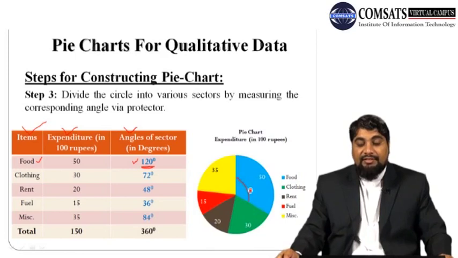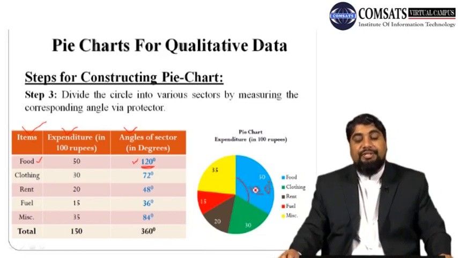So this angle is of 120 degree, and from this first angle we have to measure the angle of 72 degree with the help of protractor. So start from here, and then this angle is of